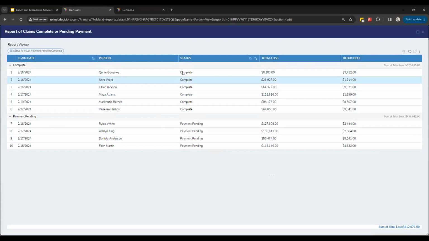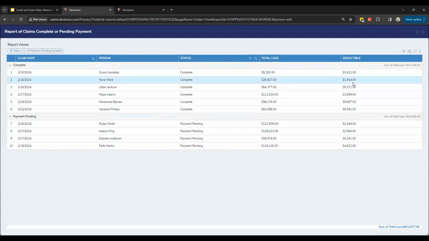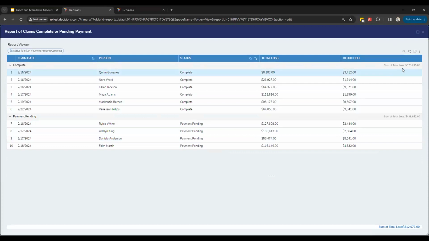I can just do counts if I wanted to see the sum there. So I think that answers the first part of your question: how do I do that? The second one is, can I put it exactly under a column? No, unfortunately, the location is fixed to the right side of the grouping and the bottom right of the report.